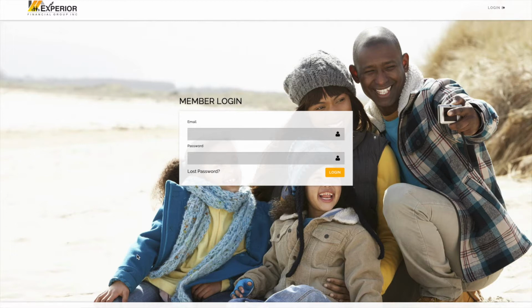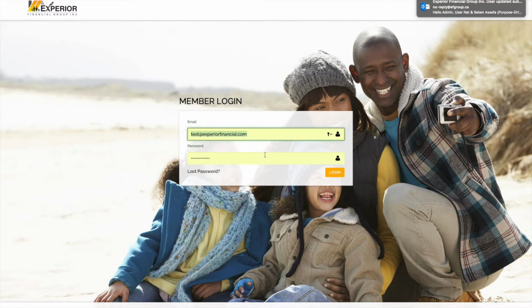I'm super excited to share with you our new contracting system that we have on our back office website, and hopefully it's going to make things a lot smoother for you guys and also our contracting department as well. So right now we're just going to go through a really quick introductory on how to use it and kind of go from there. So I'm just going to log into a test account here,